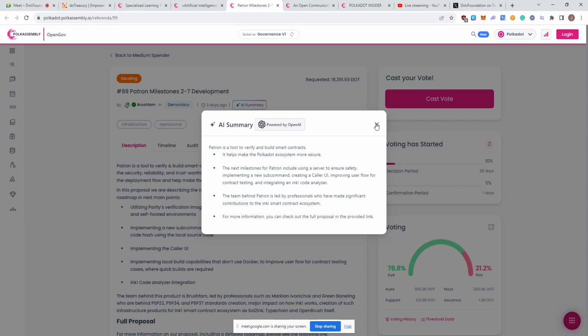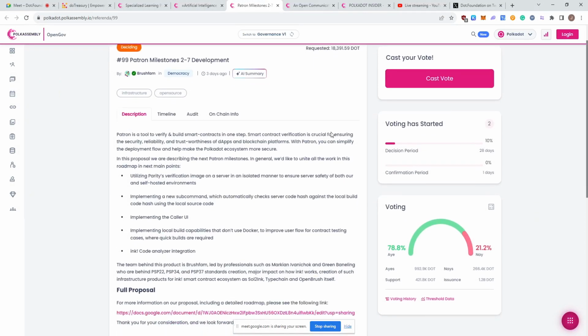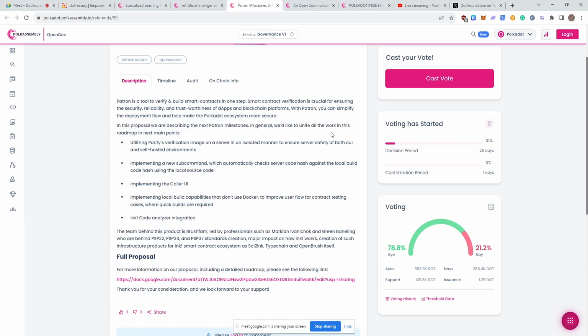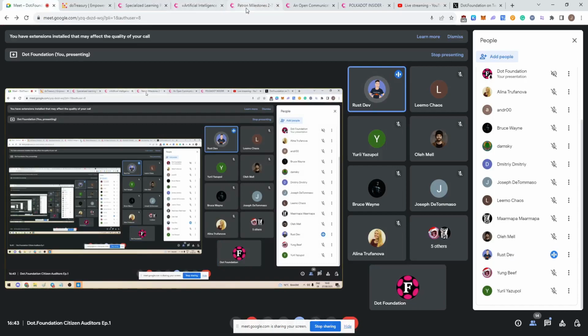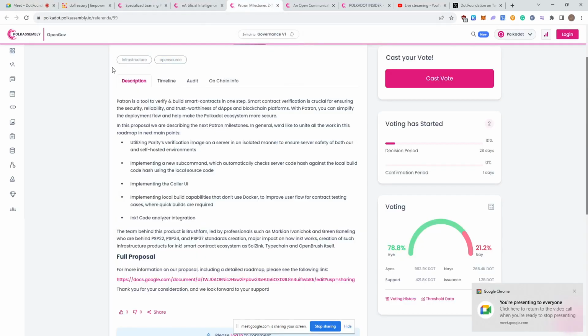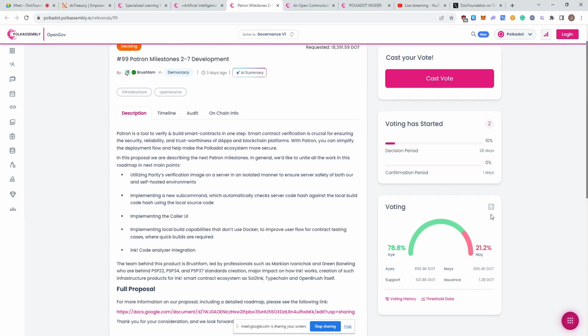This is definitely a topic where we are going to ask you about Rust. For a non-technical person, what are we looking at here? Yeah, first of all, we are waiting for more applications to start deploying to Polkadot, and this proposal is very well structured for me, and I understand that it really solves the issue because in Substrate, we have the Ink smart contract platform and Patron. They are very good tools, and I would like to ask Yuri to present